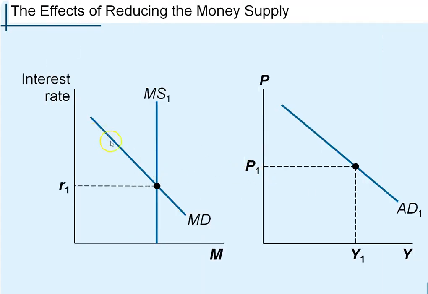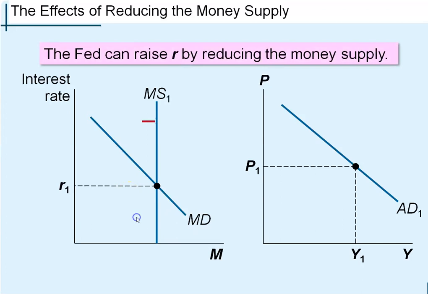I'm not going to go through the slope of the money demand curve. If you want, email me and I'll go through it with you. Take it as given though. Money supply is determined by the Fed. And let's say the Fed makes it so there's less money in the economy. So think about it. Money becomes rarer. The price to get it then is going to be higher. The interest rate will rise.